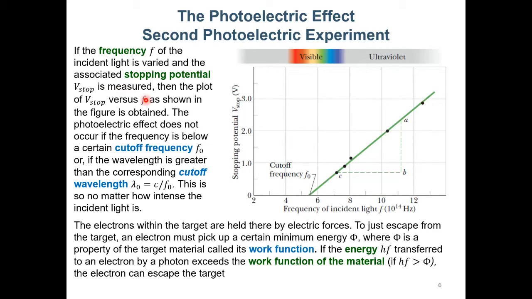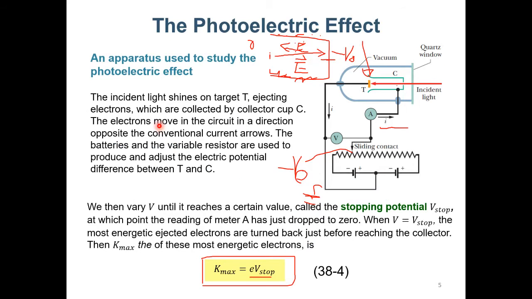And we actually find that the V stop for each experiment is different. Suppose we have a fixed frequency for the light, and then we try to slide this. Suppose the voltage is high enough, there will always be a current going through this. But as long as you stop at a certain point, the current going through the loop will suddenly go to zero.